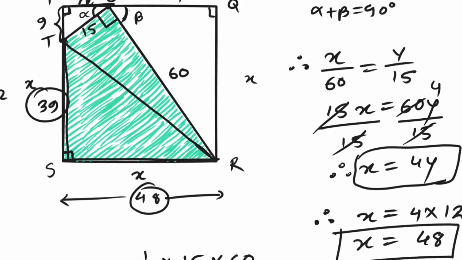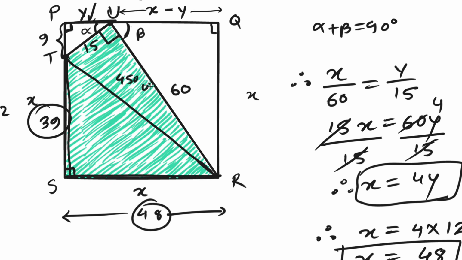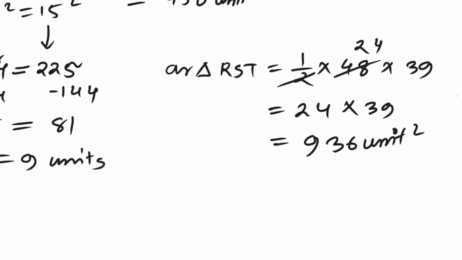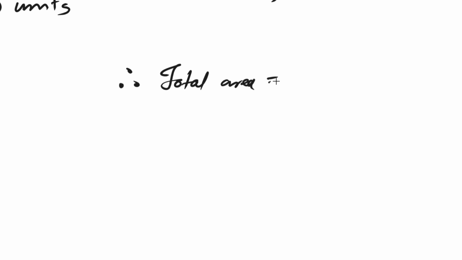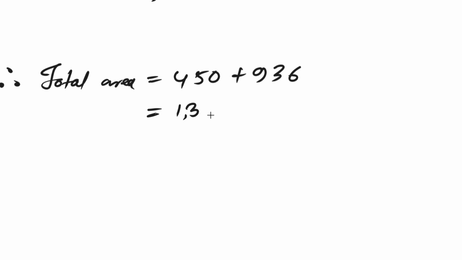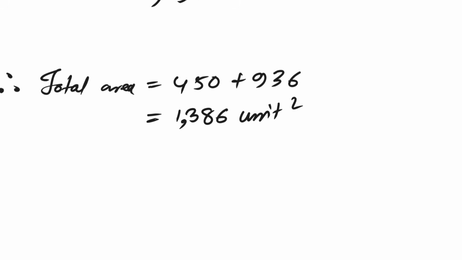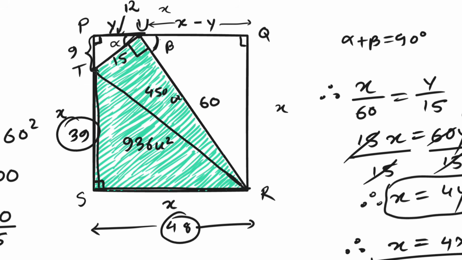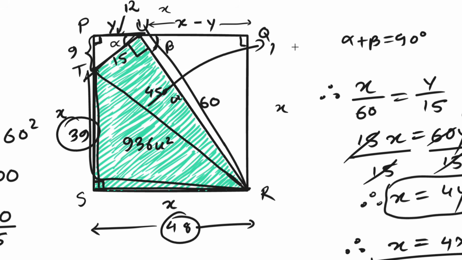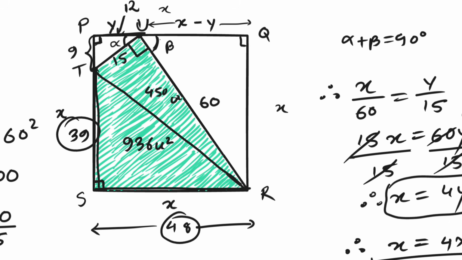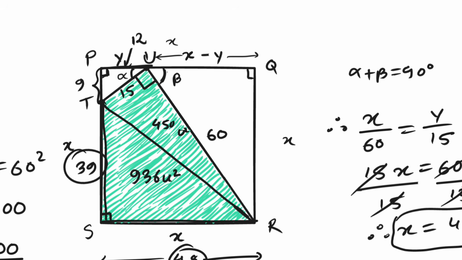Now we simply combine the two blue pieces. The upper triangle has area 450 square units, and the lower triangle has area 936 square units. Therefore, the total blue area is 450 plus 936, which equals 1,386 square units. And there we have it. The exact area of the blue region is 1,386 square units. Notice how the problem initially gives us a fairly intimidating diagram, but the 90-degree angle creates a